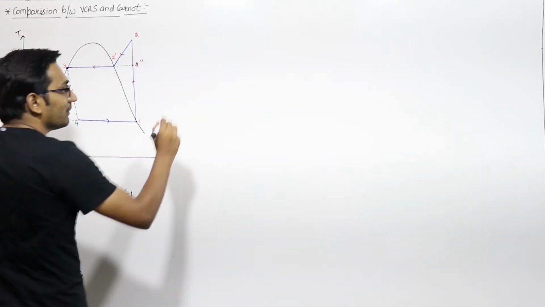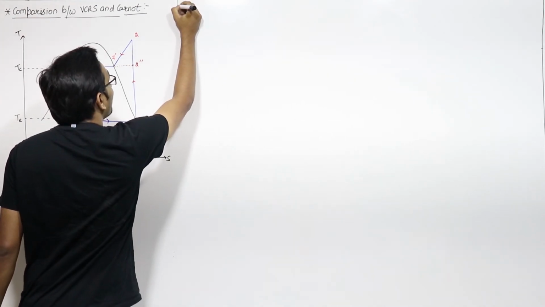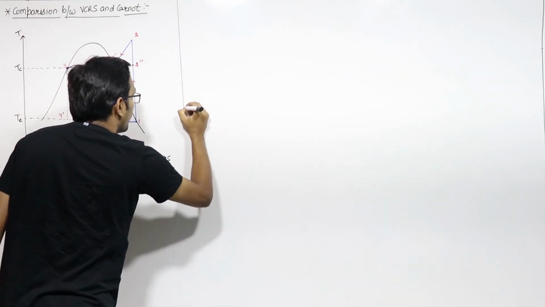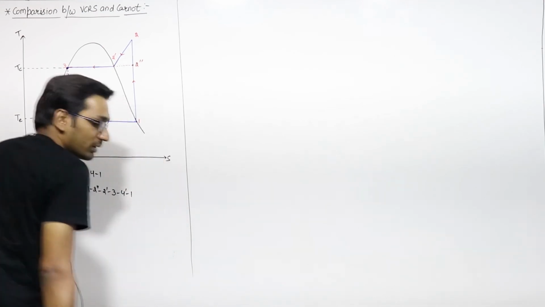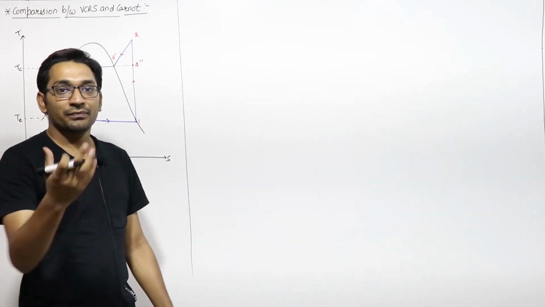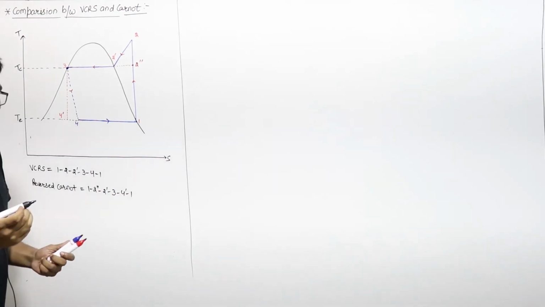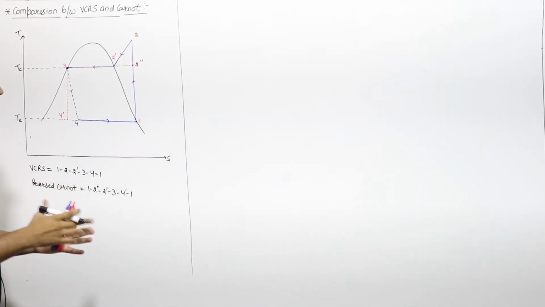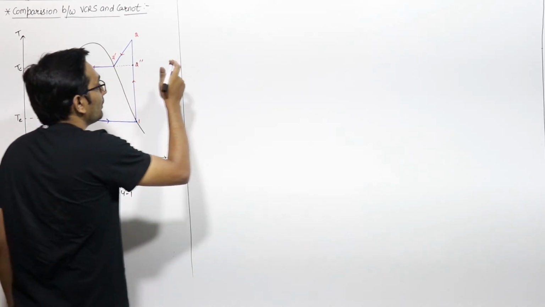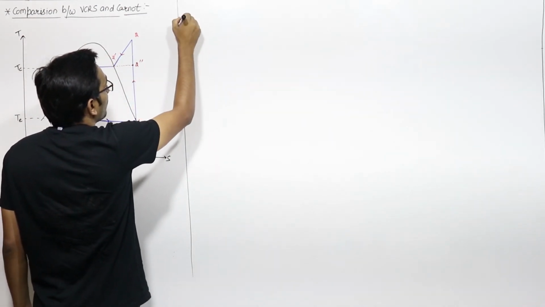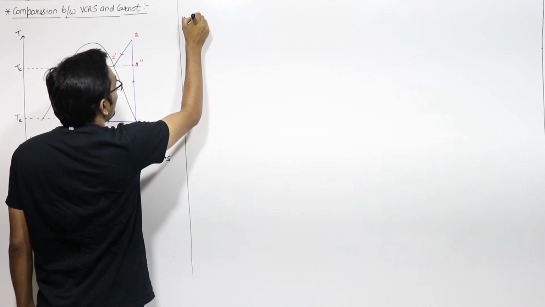If we talk about the heat rejection in the condenser for both the Carnot refrigeration system and the standard vapor compression refrigeration system, we have to find the difference between the heat rejection rates. So let us first solve for heat rejection